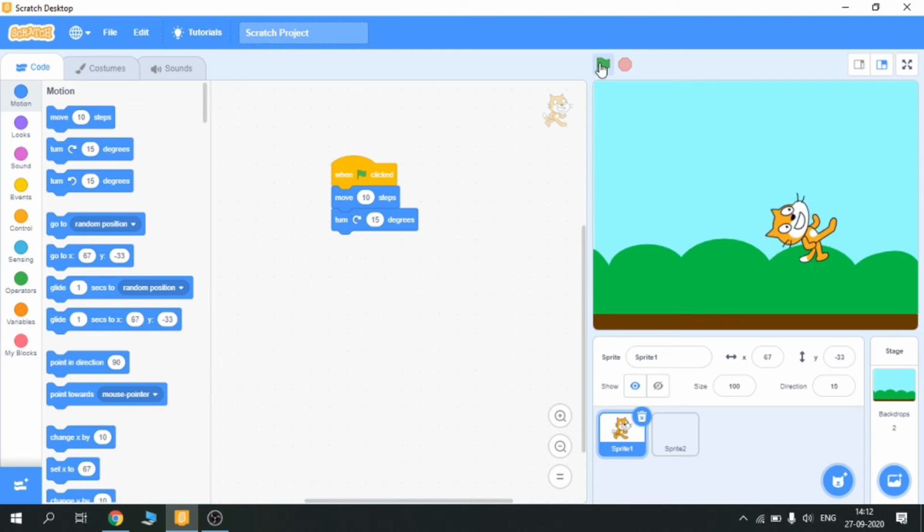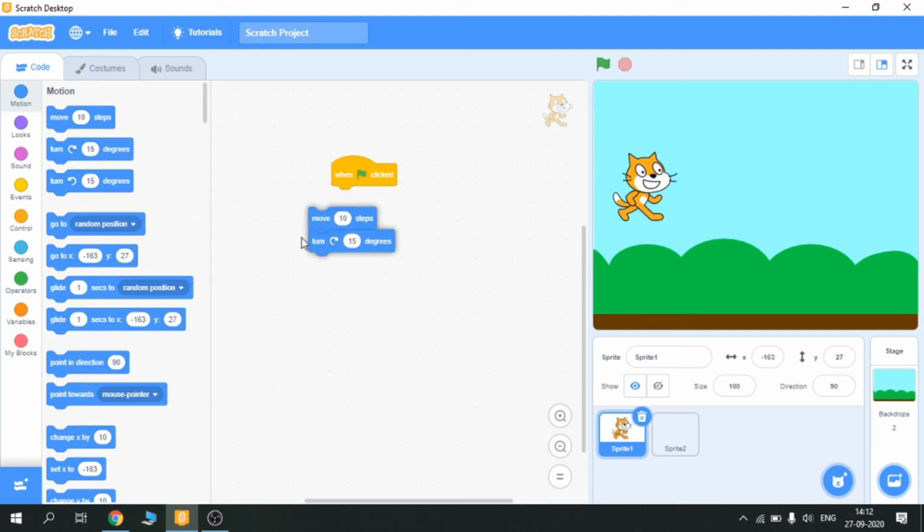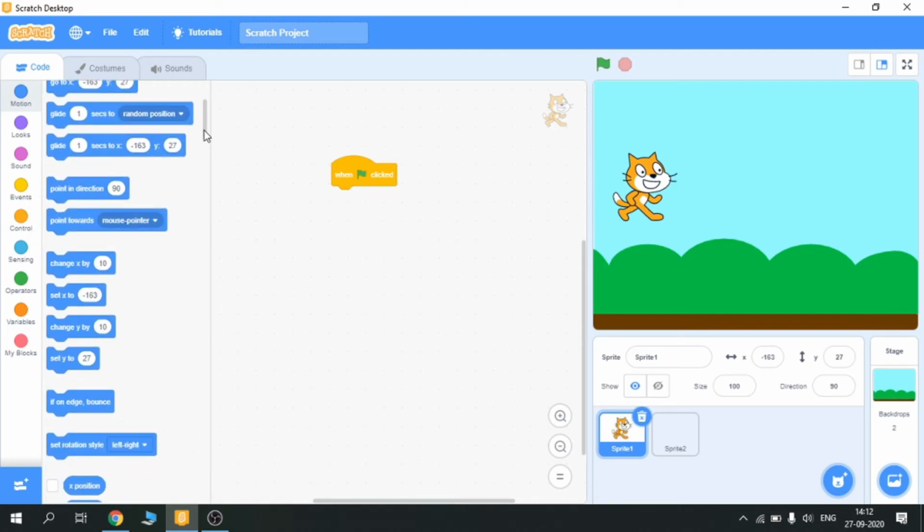Look, now you are getting what is happening in this. So this is a very basic thing you can do. You can just use all these blocks and know what they are doing. Okay. When I am doing this, glide basically means it will walk to this position, these coordinates 180 or 27.